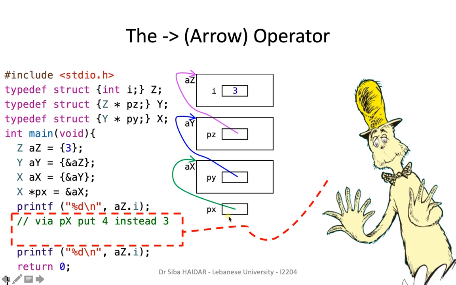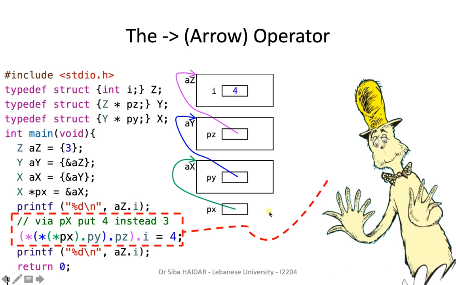We want, via px, so suppose we don't know the names of these variables, we know only the name of the variable px, so via px we need to change the value 3 into 4. So you have to dereference px and then dot py, then dereference the whole to follow the blue arrow now with the blue characters, then dereference the whole with the magenta characters to access i dot i and then equal